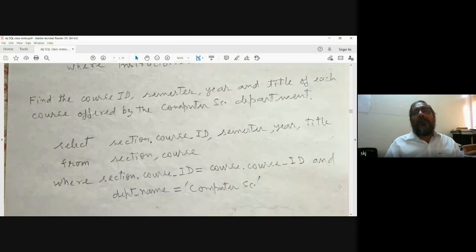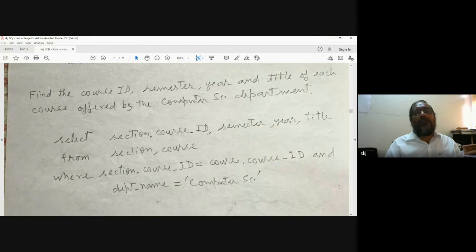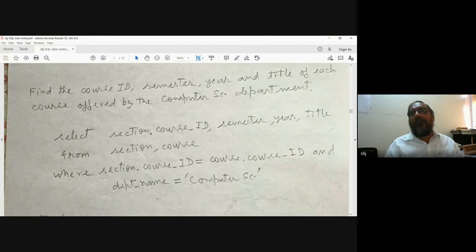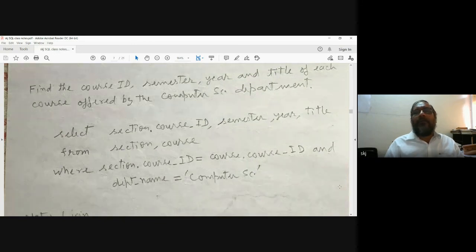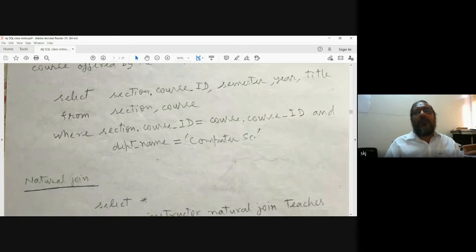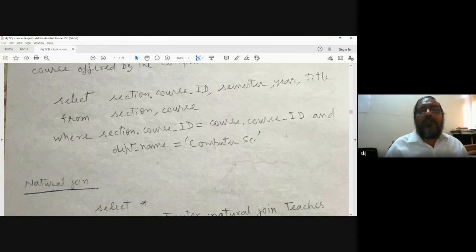Next, find the course ID, semester, year, and title of each course offered by the computer science department. It is written here, select section dot course ID. This dot operator is just like in object-oriented programming. Section is the table name and course ID is an attribute of this table. Suppose there are two tables, section and teaches, and in both tables course ID is there.